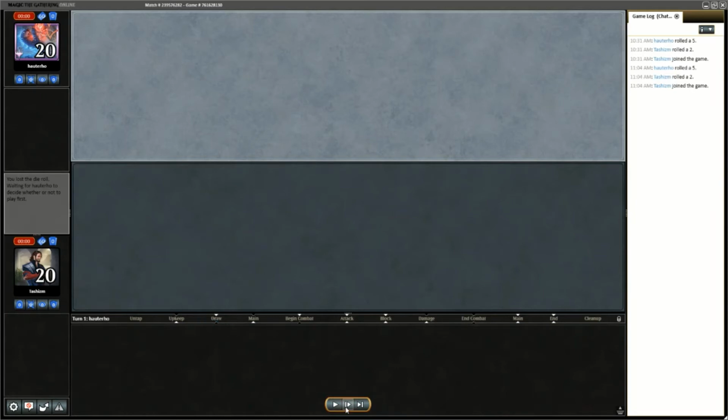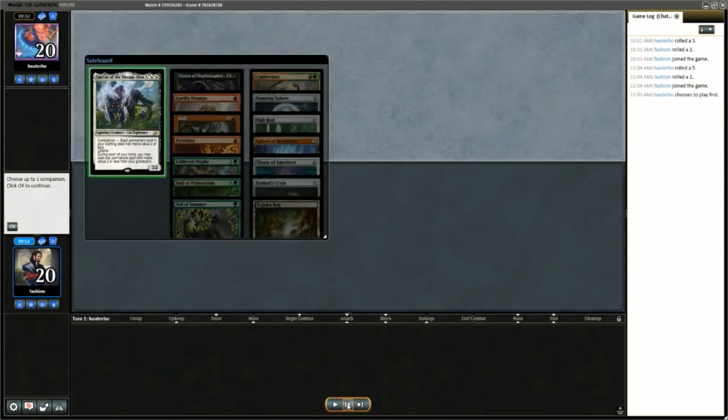But here we are. We lost the die roll. It happens. So opponents, of course, going to pick the play, especially since they're on the aggro. So we take...